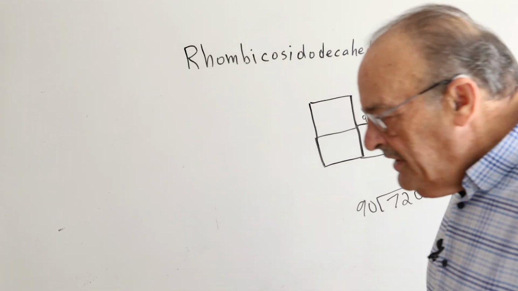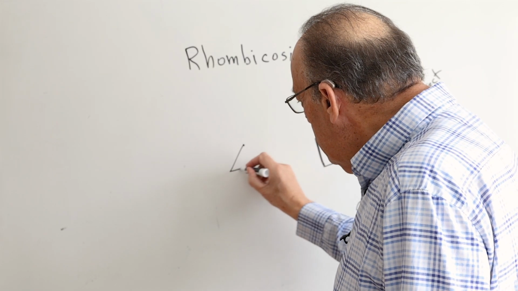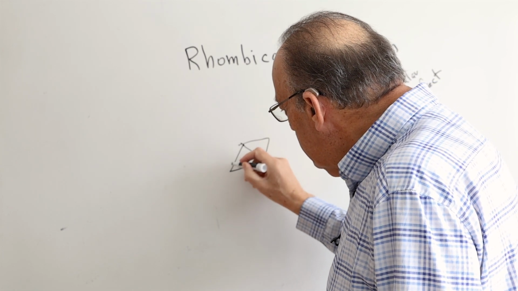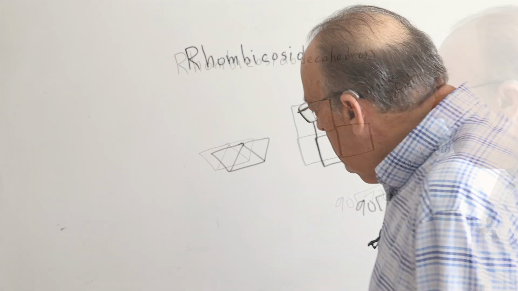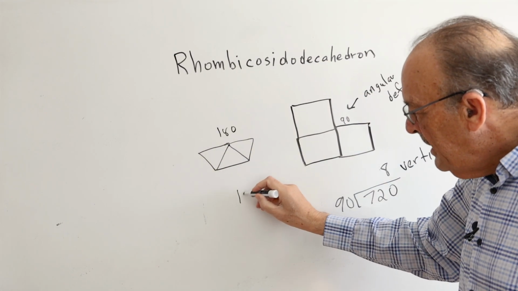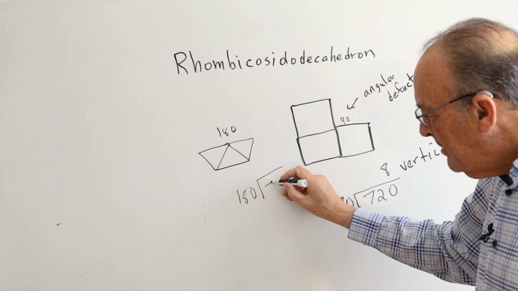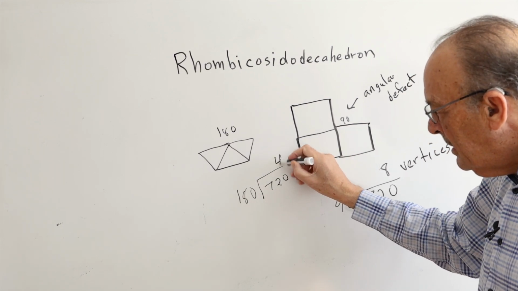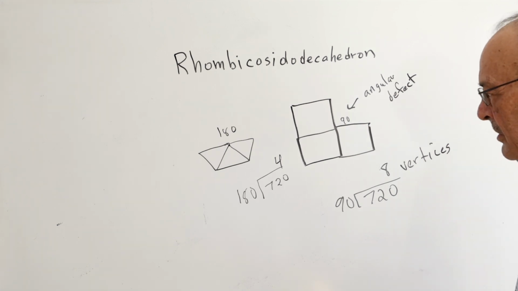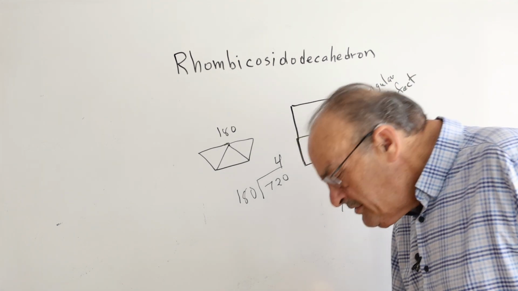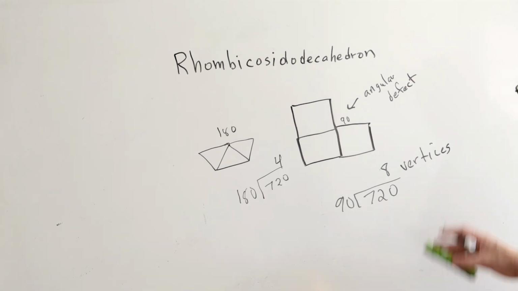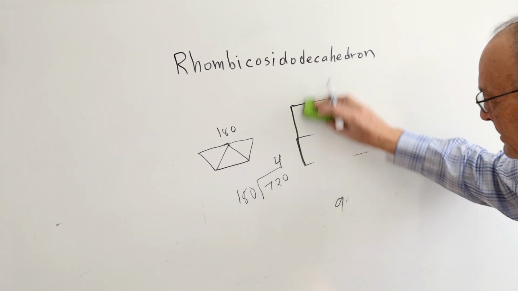Let's look at a tetrahedron. So a tetrahedron would be an equilateral triangle, then another, and then another. The angular defect is 180 degrees. And if you divide 180 again into the same number, 720, you get 4. And a tetrahedron, which is also a triangular pyramid, has 4 corners. Now, this works for the Platonic solids. It also works for the Archimedean solids. So it would work with